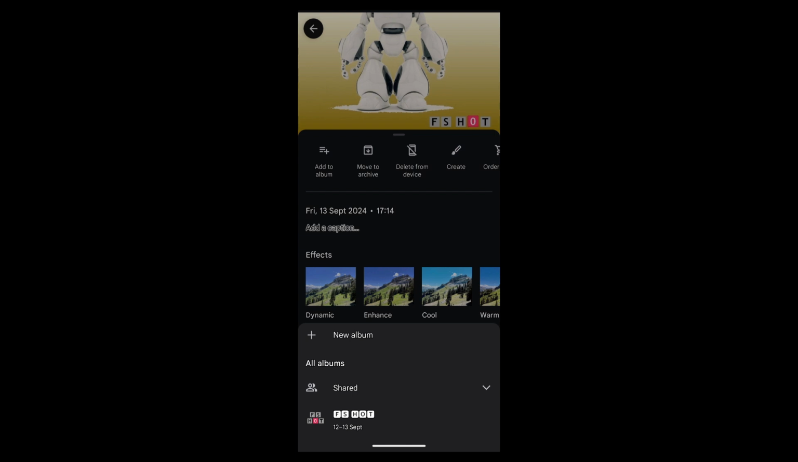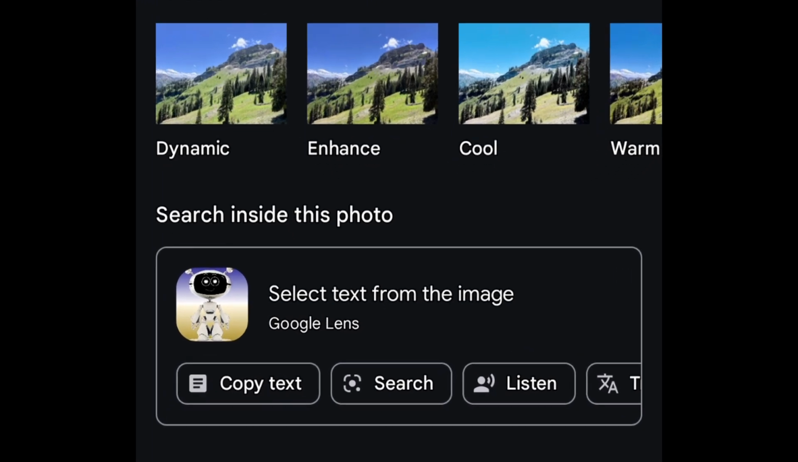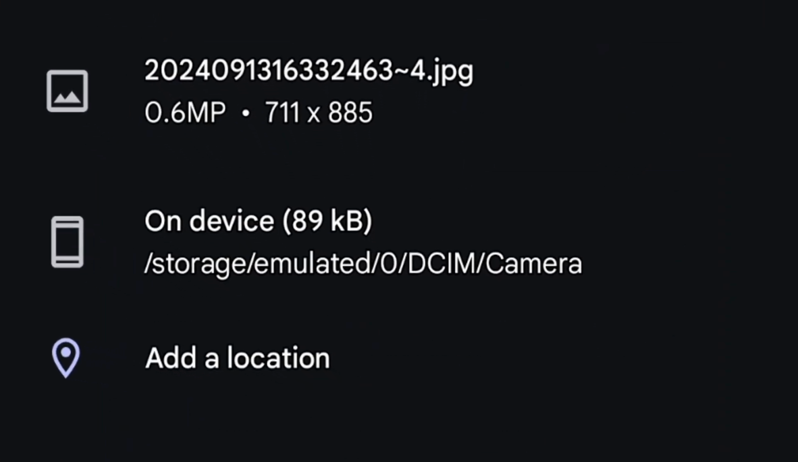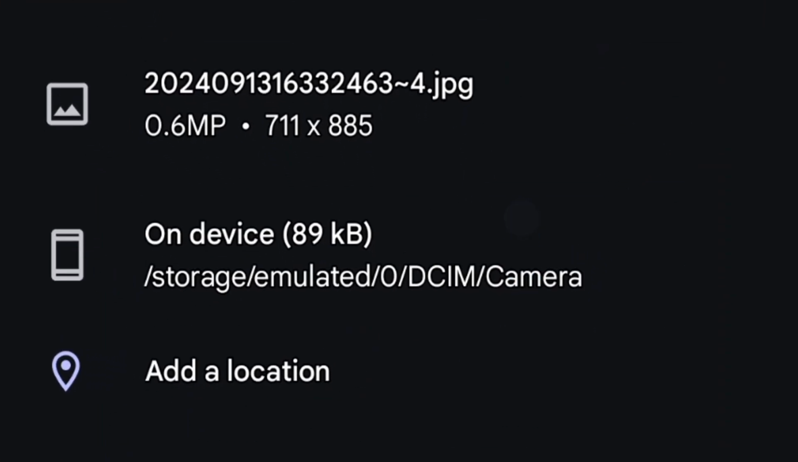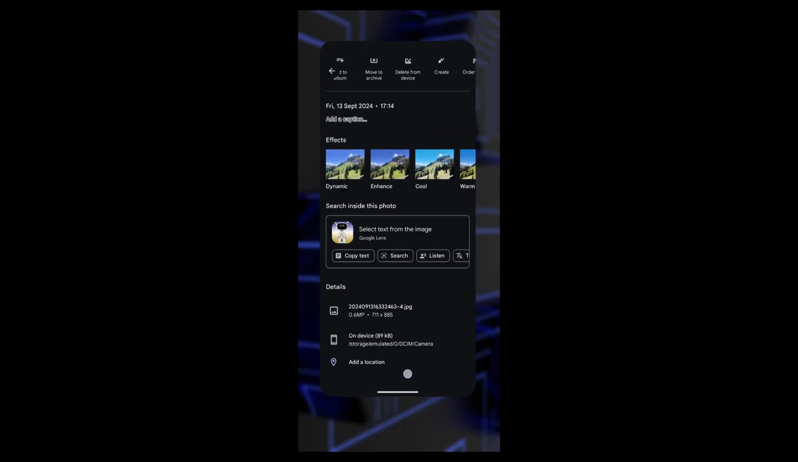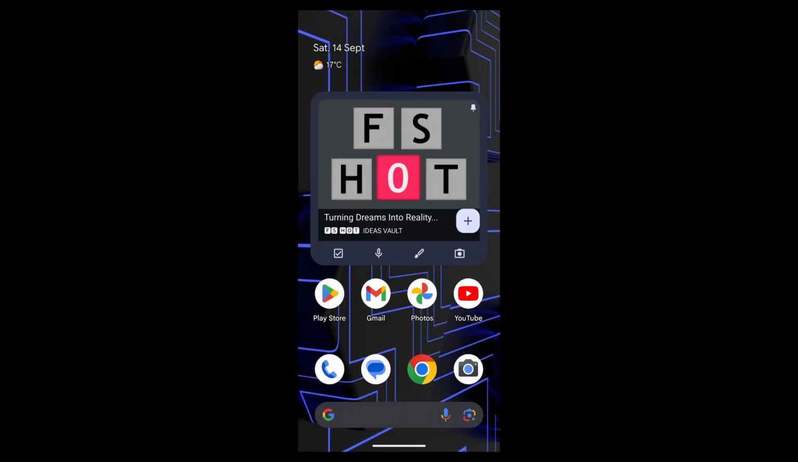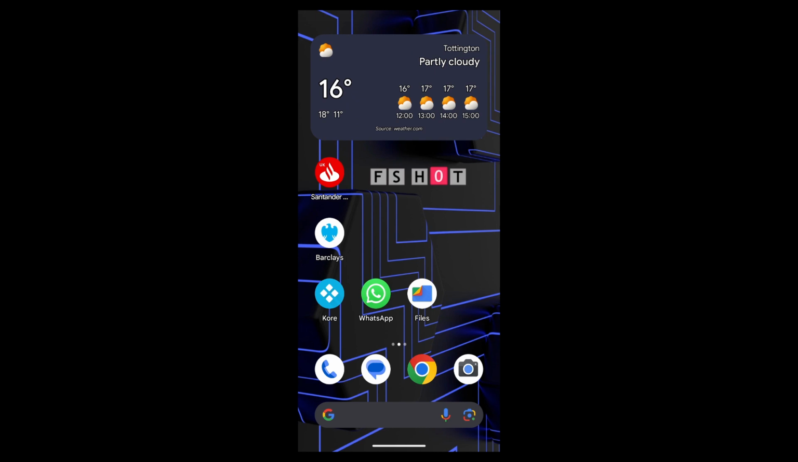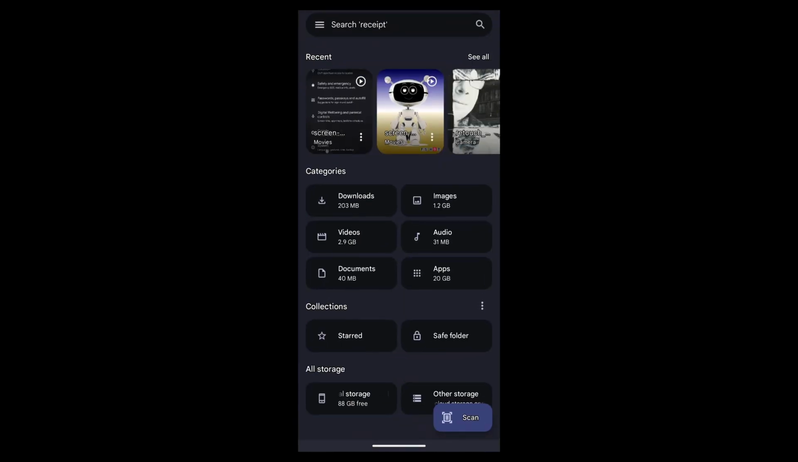So how can we move this from here to the location that I want? Well, to do that we can go into Files, which is here, and then